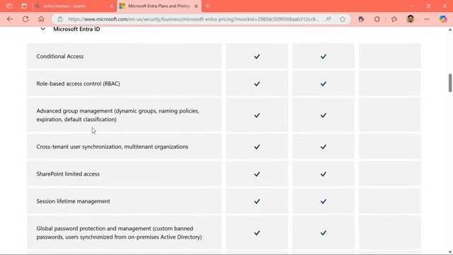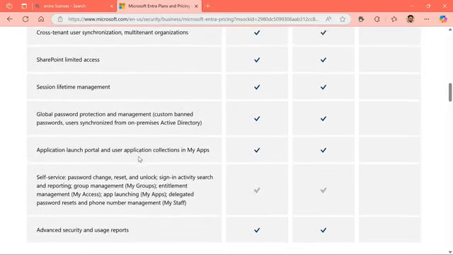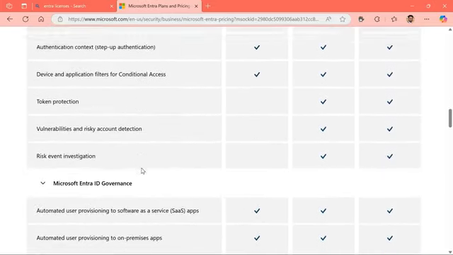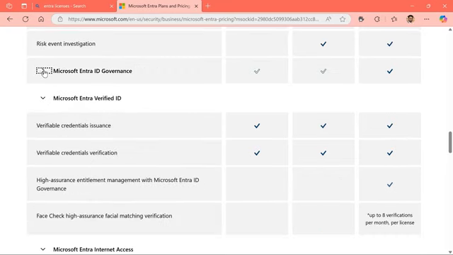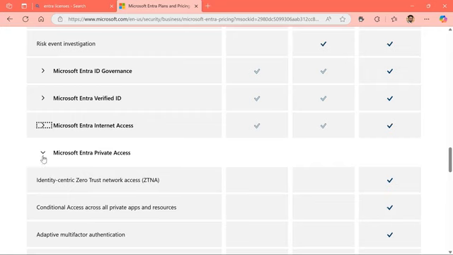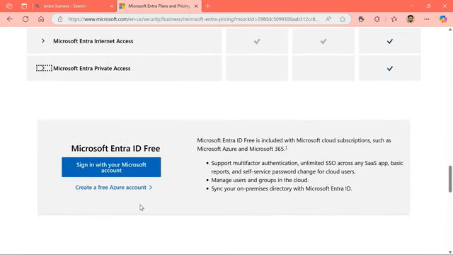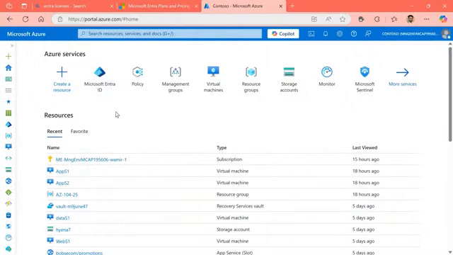Now, feel free to compare some of these features depending on the needs that you have in your own organization, in terms of what you are going to be implementing and utilizing as part of your Entra. And if, for example, you need to look at the free options, like I mentioned earlier on, you can find some of these details right at the bottom of the page. If you are considering relying just on the free version, you can still see some details right over here. As mentioned before, if you already have an account on some of the cloud services, you might already be working within a free plan. As you can see, I've landed onto the portal and I've used portal.azure.com to get to